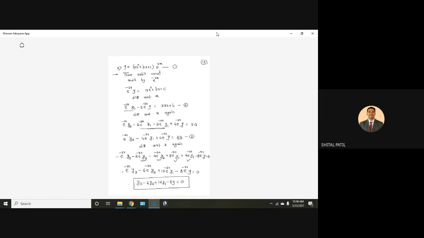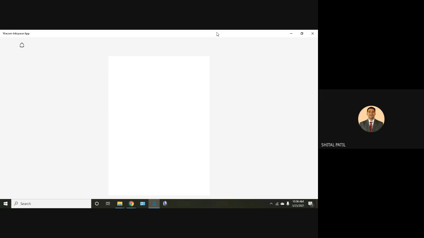Next, solution of the differential equation. Already we understood what the solution is. The relation between x and y which satisfies the given differential equation is known as the solution of the differential equation. 9 different methods are there to solve first order differential equations. Continue with that.